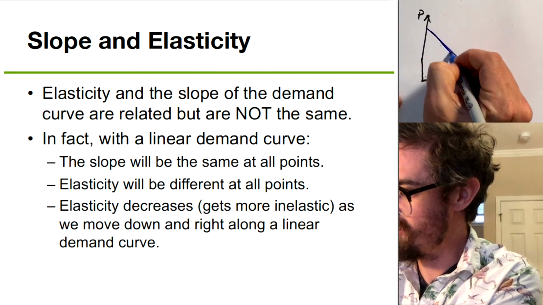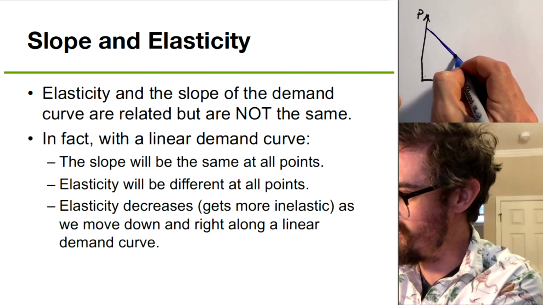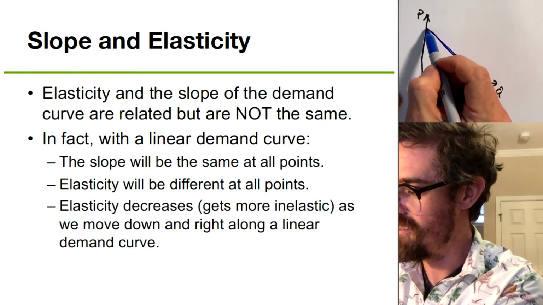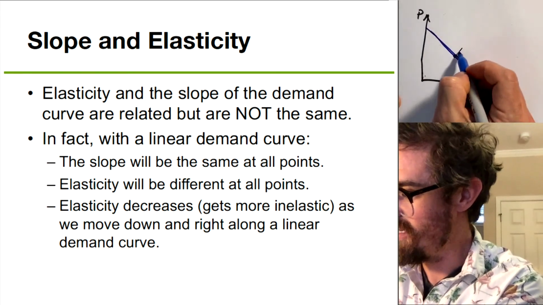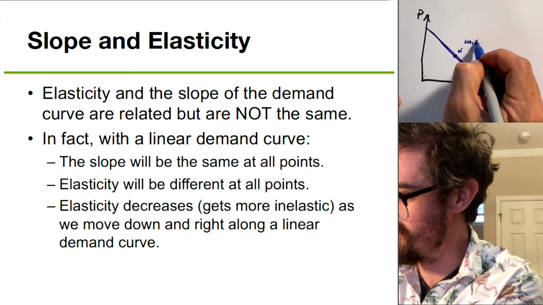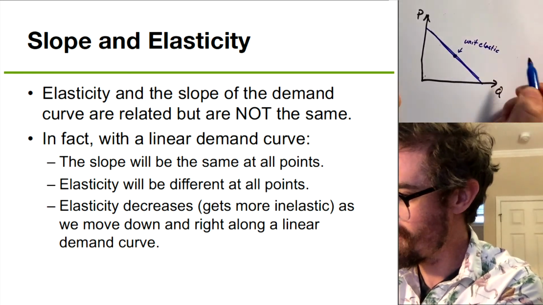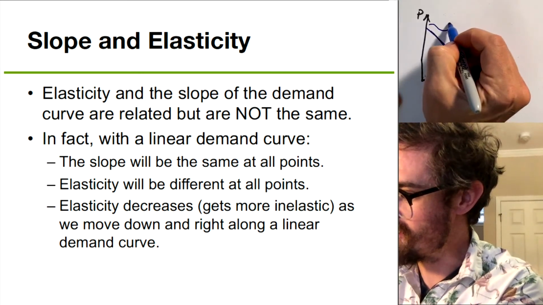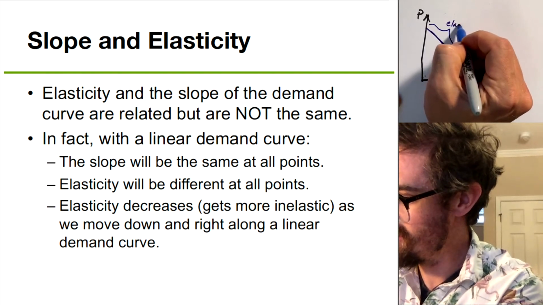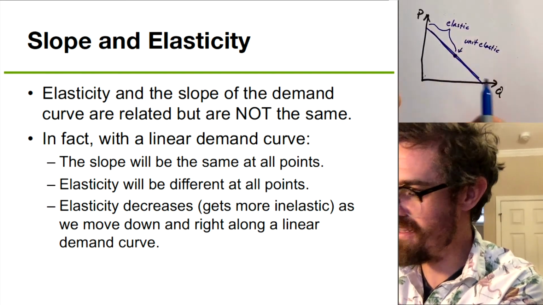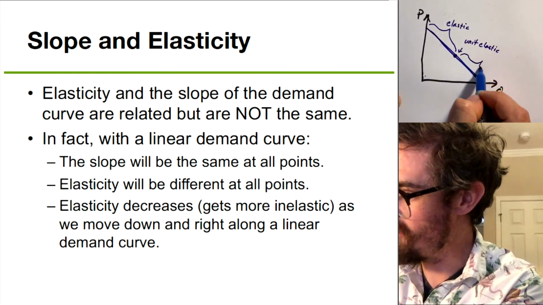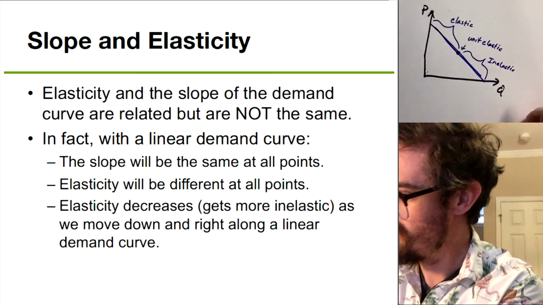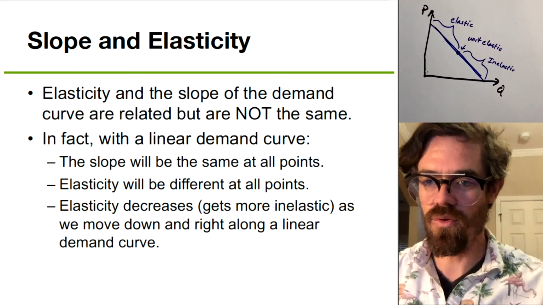And as it turns out, the point right in the middle, right? If we were to find the point exactly in the middle between the two axes, that turns out to be the unit elastic point. And then anything above that is relatively elastic. So this is the elastic region, and then anything below that unit elastic point is the inelastic region. Now the reason for that is